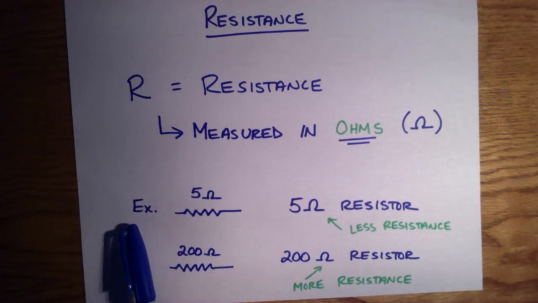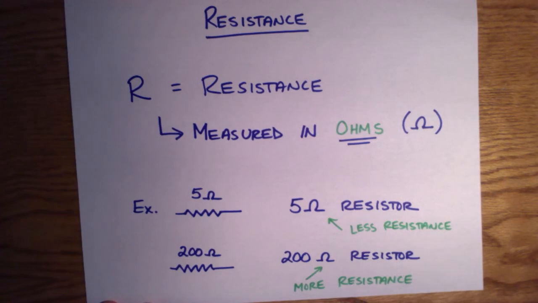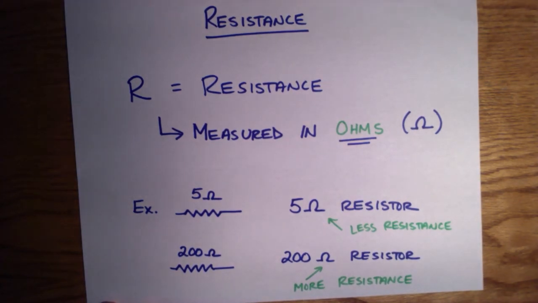So as an example, if a circuit showed you a diagram like this, it is showing you that it is a 5 ohm resistor. 5 is a fairly low number, so a 5 ohm resistor has less resistance than our second example, which would be a 200 ohm resistor. This just shows you that it has more resistance. So you'll see this symbol a lot. Just understand that it measures resistance. It's known as an ohm. And at the end of the day, if you see a capital R, that just stands for the resistance, the amount that this material